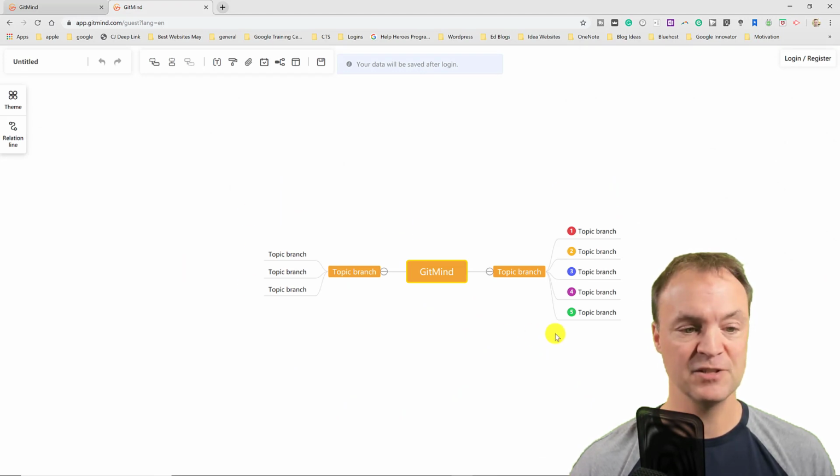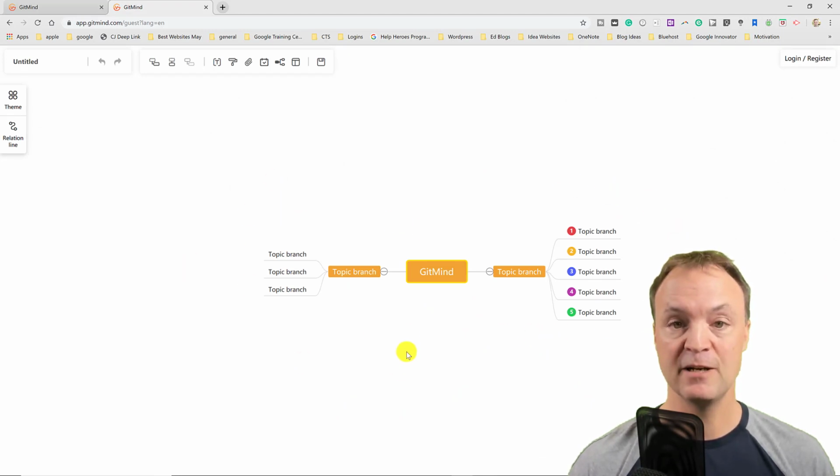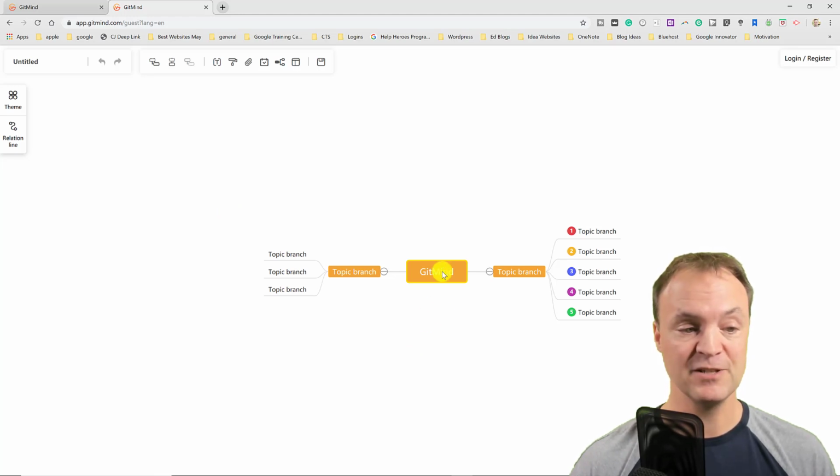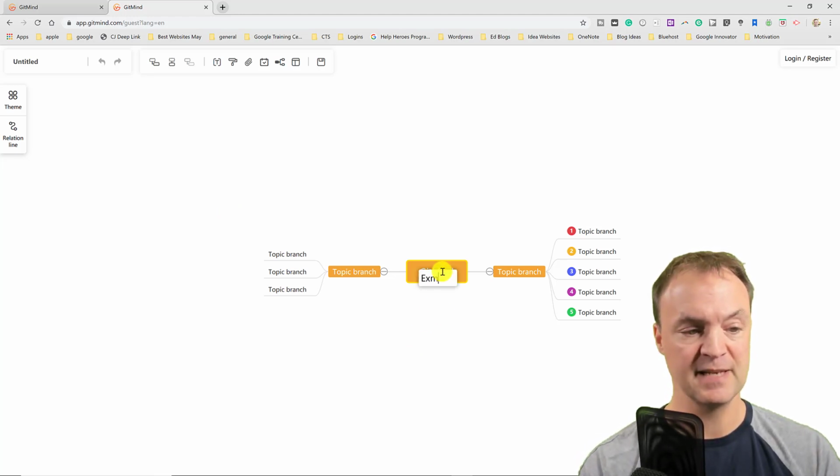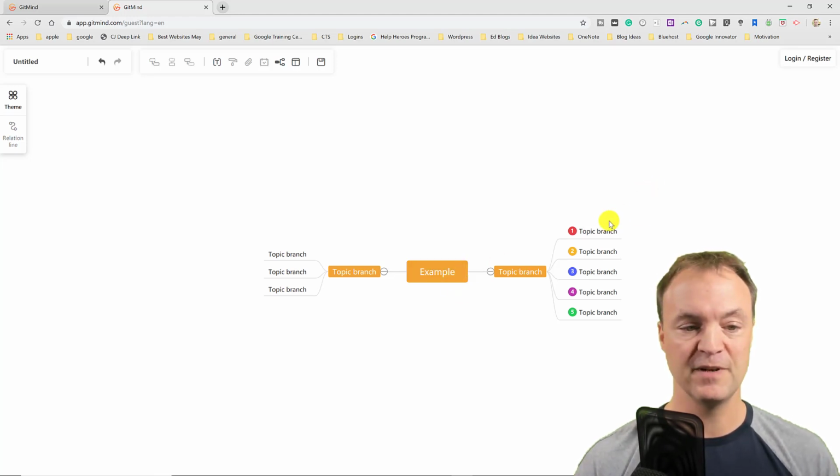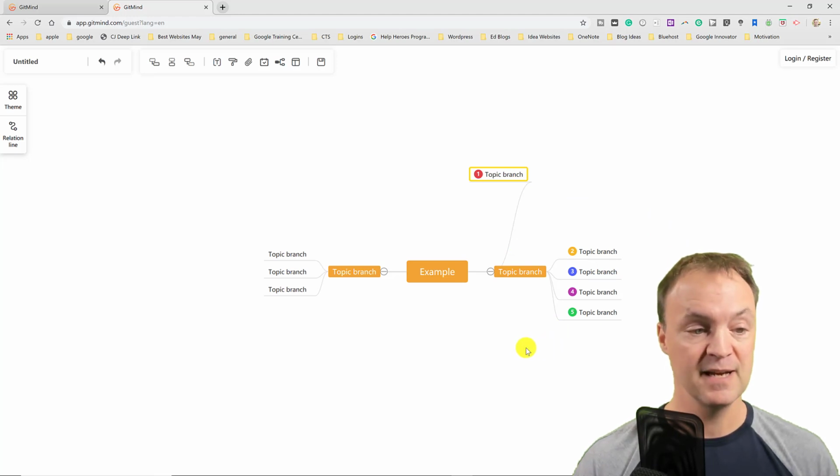And you can see how it just starts with a basic mind map here that you can quickly change. Now, first of all, you can type things in it. So if I just click on any of these and write example here, you can see, click off, and I can change these nodes very quickly. And any of these I can click and drag them. I can adjust them, move them around to get a different look to it.